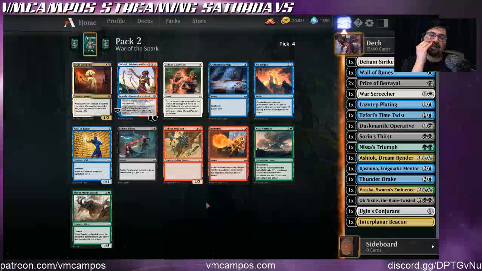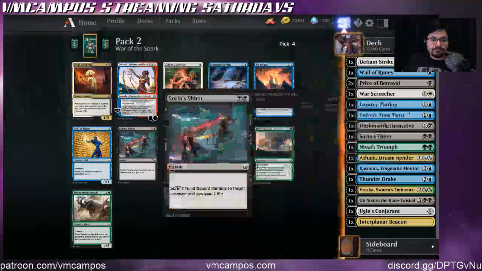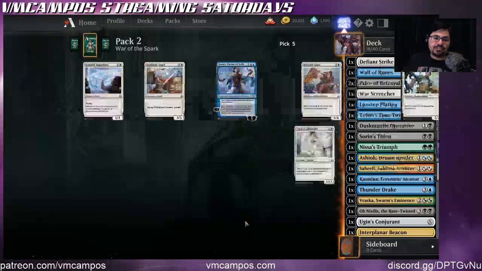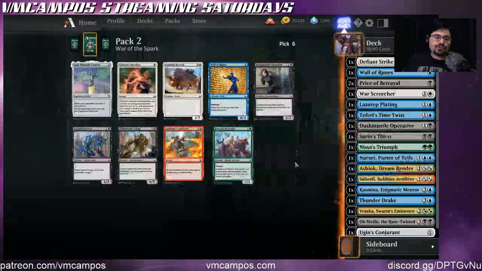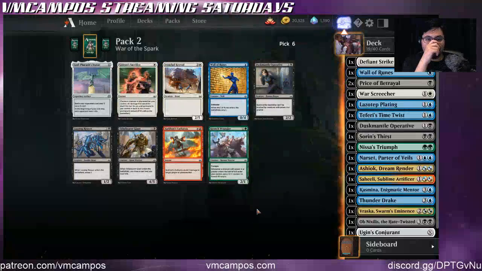Only 3 mana. No escape counterspell. Another Sorin's Thirst. I don't know if I'm gonna regret this, just going Planeswalker berserk. There's another Narset. Didn't I already grab a Narset? So many Planeswalkers. This is not gonna work. Okay,